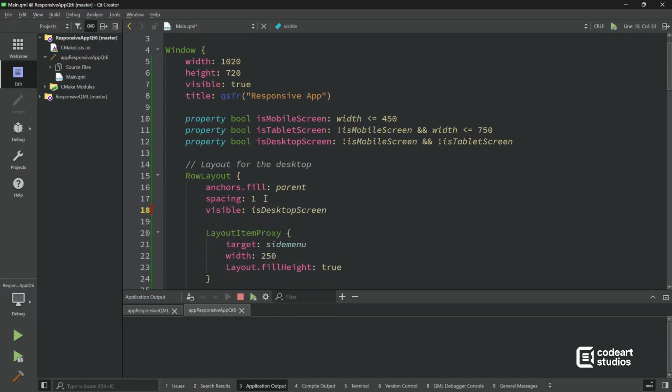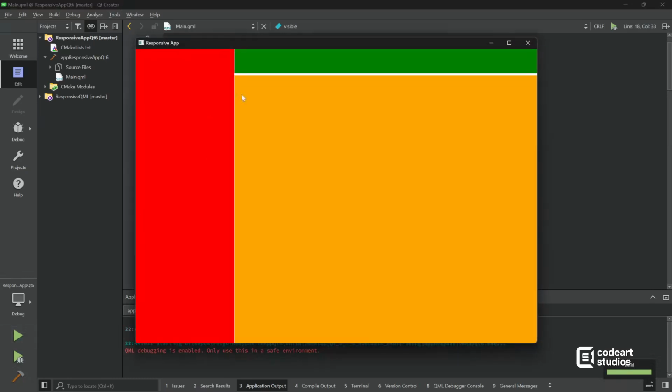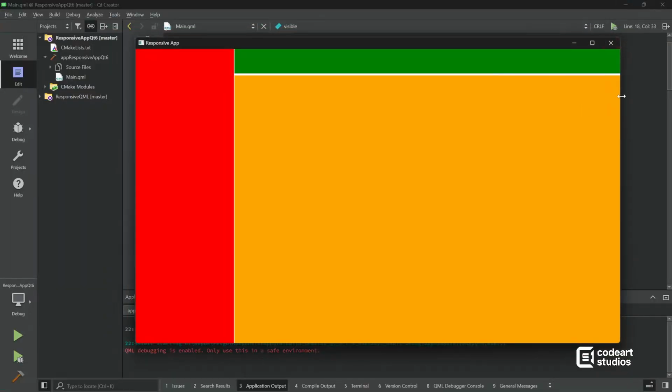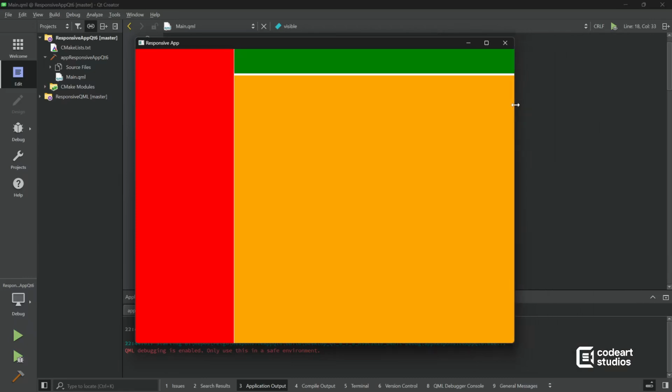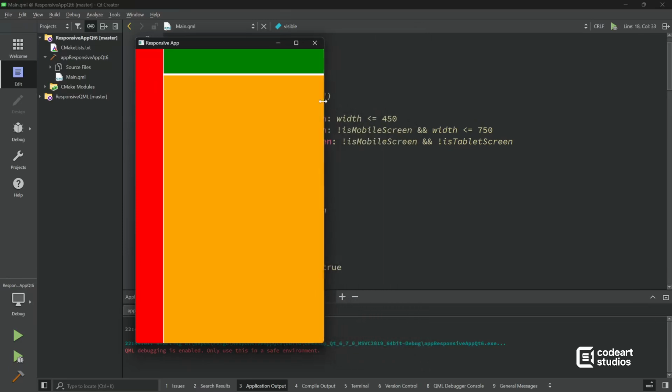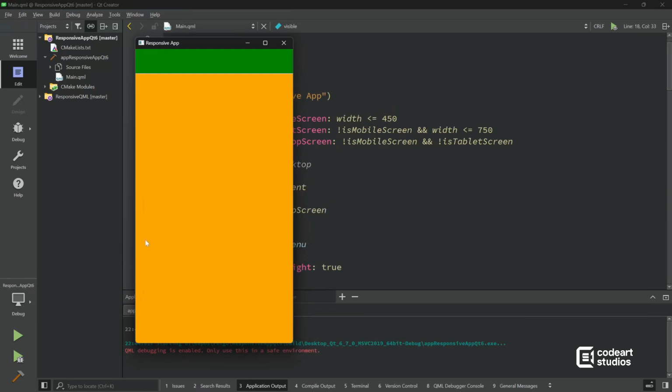Nice. So if we run this application now, currently we have a bigger width, so this is desktop mode. That's why you can expand it and it still works. You can maximize it and nothing changes. But if you reduce it to some point, now the side menu has been collapsed to a minified version. If you continue to reduce the size, then it actually gets removed completely,